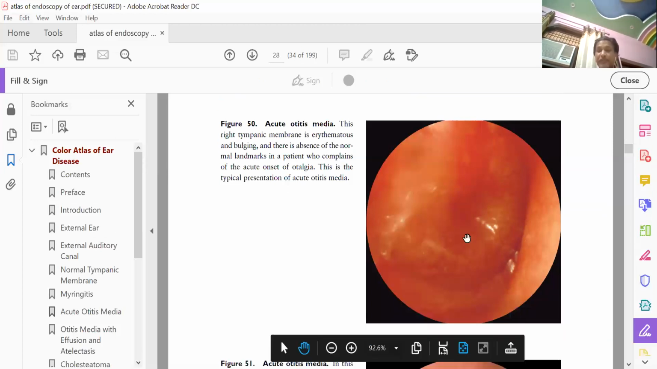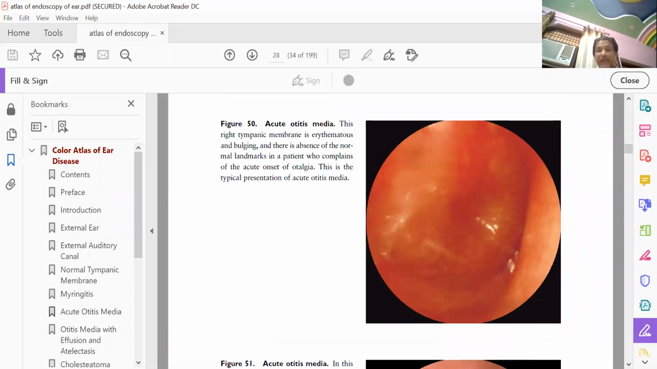Loss of various landmarks of the tympanic membrane, loss of cone of light, handle of malleus. By and large, the tympanic membrane will be angry or congested, you can say. Next picture will again,